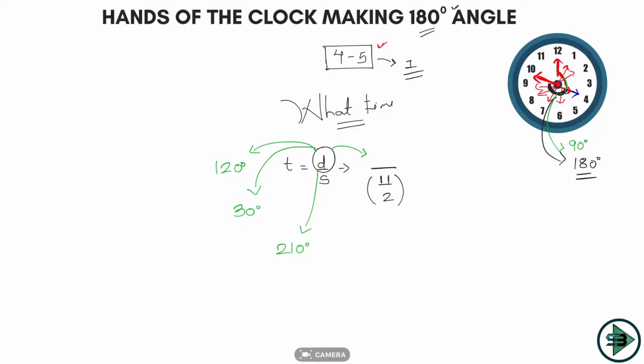So first you have to start here. First it will travel this 120 and overlap. Additionally, over this it will make an angle of 180. So it traveled what? This angle. The minute hand traveled this much of angle. And what is this angle? This is 120 plus 180. That is nothing but 300 degree. So it will have to travel a distance of 300 degree to make an angle of 180 degree between the two hands of the clock.